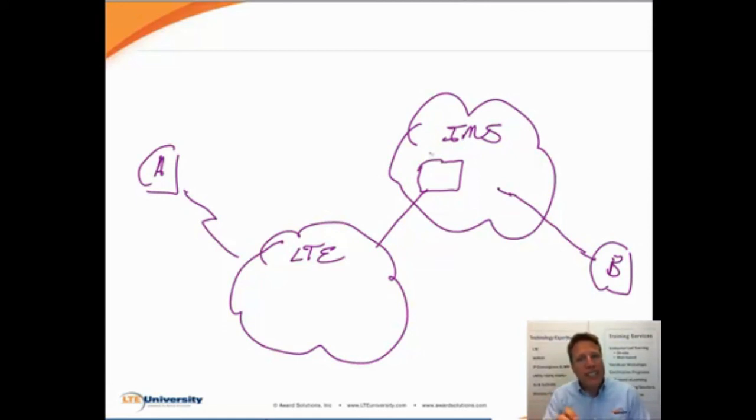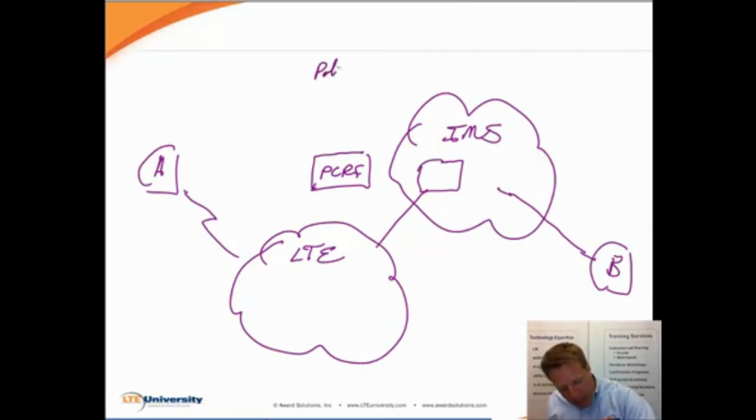And one of the ways we can do this is we can stop the IMS setup at a particular point. We suspend it and say, all right, let's go check and make sure that the access network that we're working with, in this case LTE, has the ability to support what we're trying to do. So there's a special function that is added as glue here. It's called the PCRF. It's easy, as you know, to get lost in the acronyms, but it's called the policy and charging rule function. The main thing is, it in essence is a QoS.